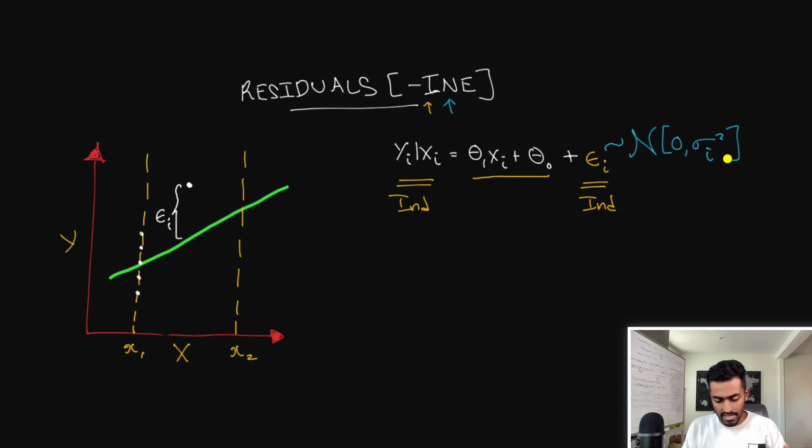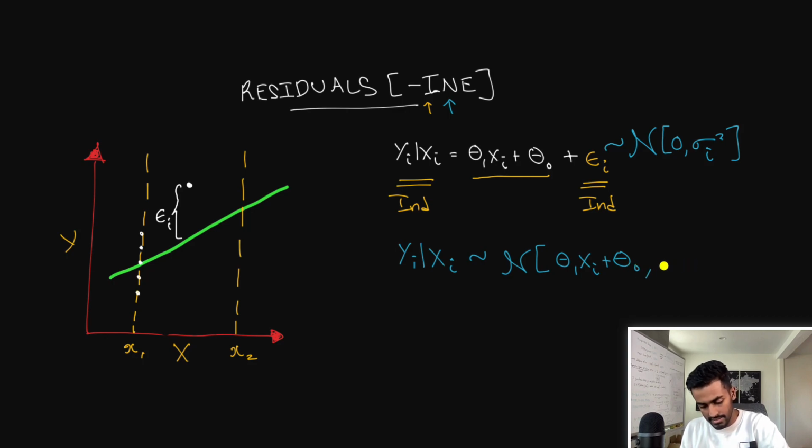If you bubble this up, this leads to the fact that y_i given x_i is essentially going to be sampled from also a normal distribution. Because we're given x_i, this entire term is a constant, and if you add it to a normal distribution, it's technically going to be added to its mean. So this plus 0 is just going to be theta 1 x_i plus theta 0,